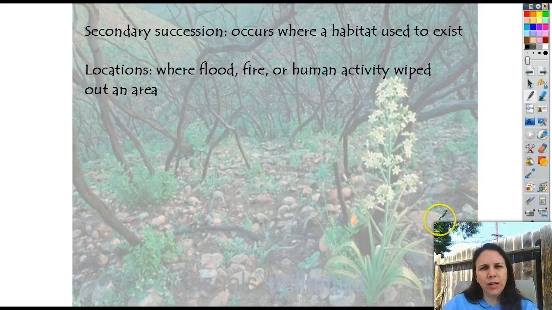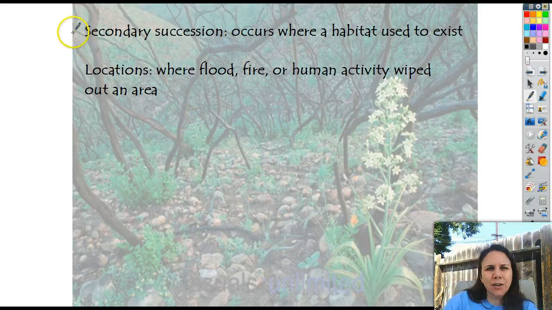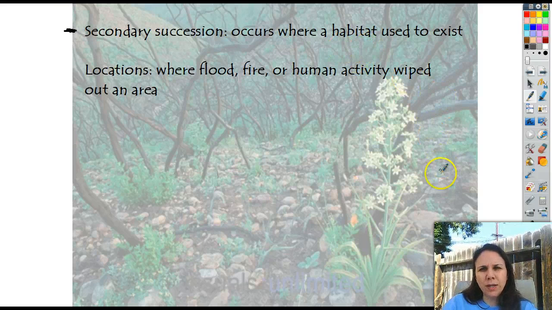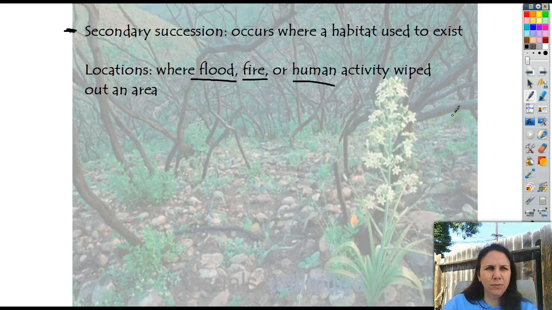And then eventually it'll start to make room for bigger things and bigger things until we get the full-on forest. Now, secondary succession, we see that a lot around here. Secondary succession is what happens when there used to be a habitat there and it's died due to either a flood has wiped out all the plants, fire, humans have wiped it out due to making room for clear-cutting forests or something like that. And then what happens in this case is